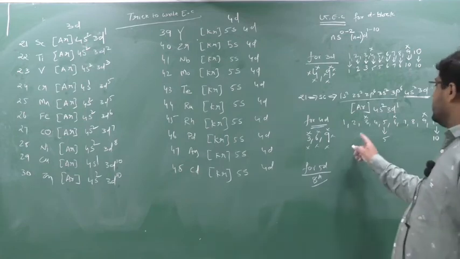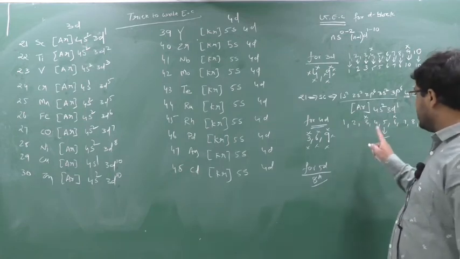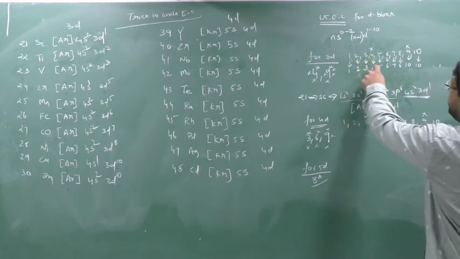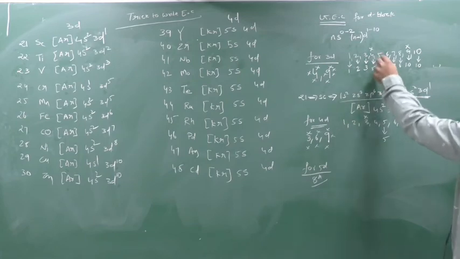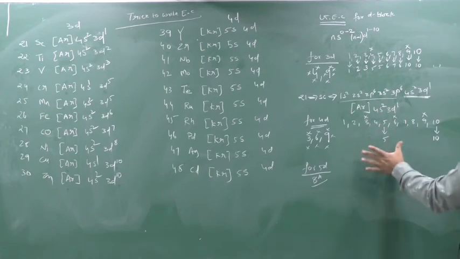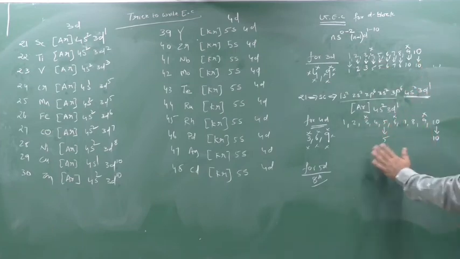Now see here. After 3 you should take 4. Yes or no? But once a number has come, we should not take it back. See, here it was 4, I have written 5. Again I have written 5. So the same number should not be repeated here. This is a bit of a twist trick. So it is not the same as 3D. Initially I have written here 5 and 10 only.